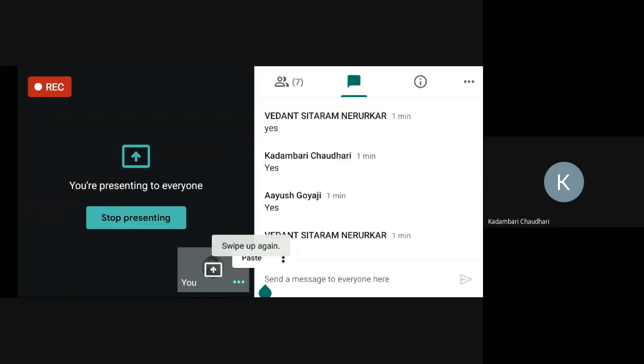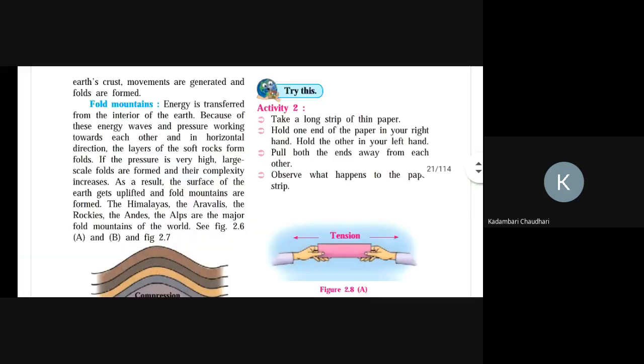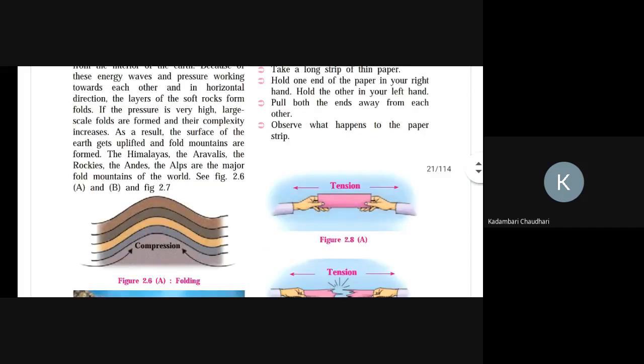Now see here, fold mountains. Okay, what is a fold mountain? Energy is transferred from the interior of the earth. Okay, where is the energy created? Basically we know that